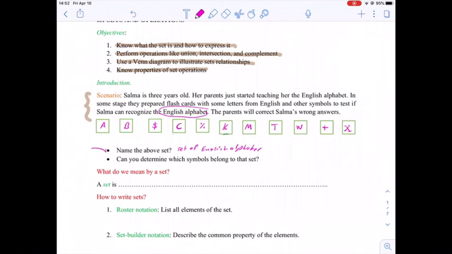But this is not a set. This is not a set. Can you determine which symbols belong to the set of English alphabet? So in general we're talking about the set of English alphabet, but this collection is not a set. Now we want to consider the set of English alphabet, and we want to determine which symbols belong to that set from this collection of